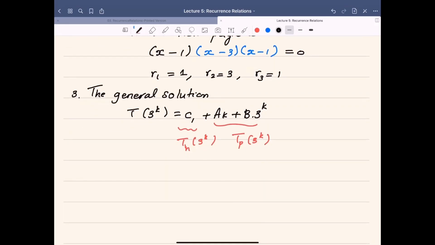Like what we have done before, I will show you how to find the two constants using two methods, one from boundary conditions, the other method by using the particular solution. So this is the particular solution TP and homogeneous recurrence relation. So method one,